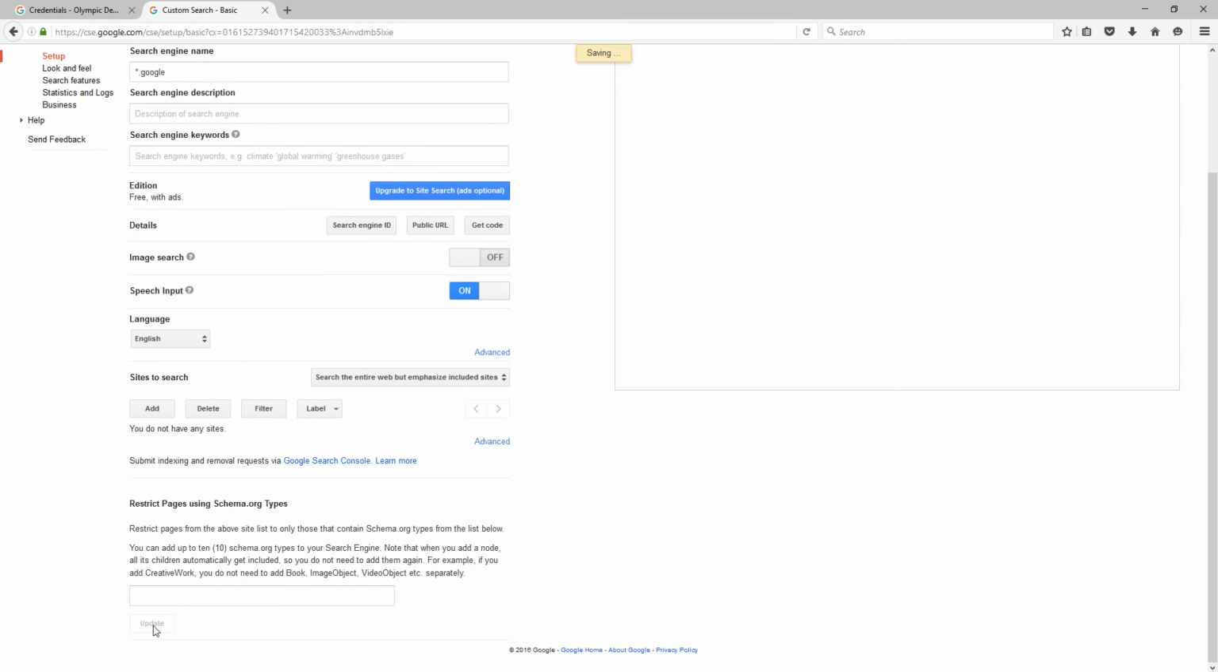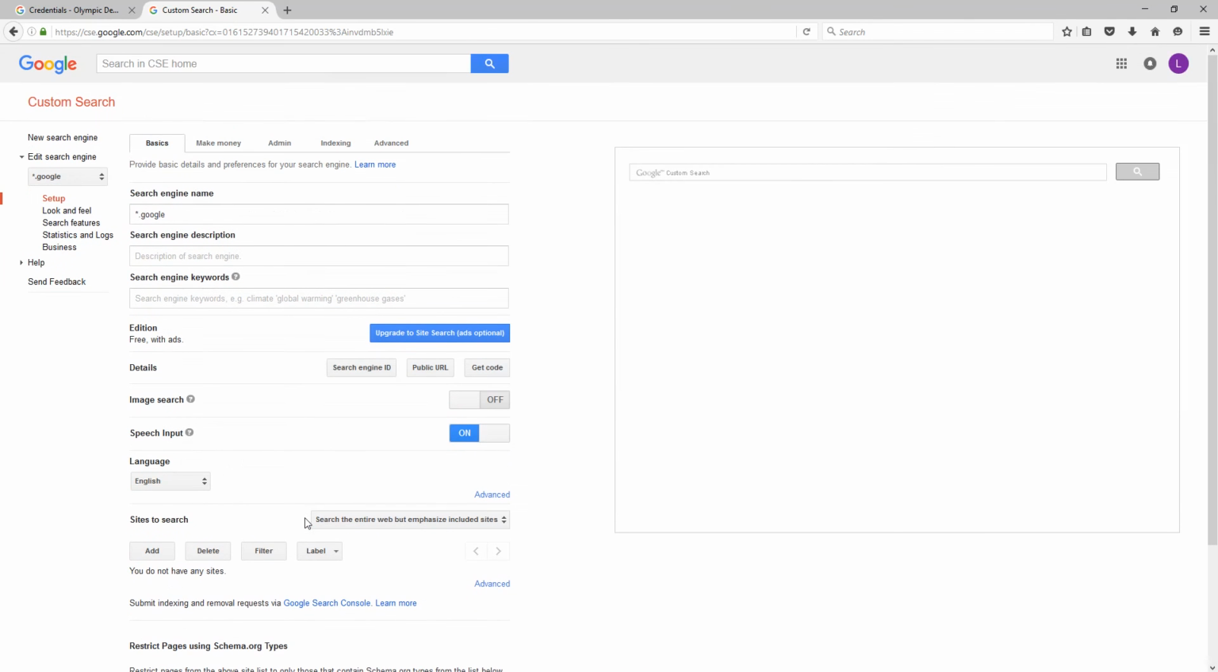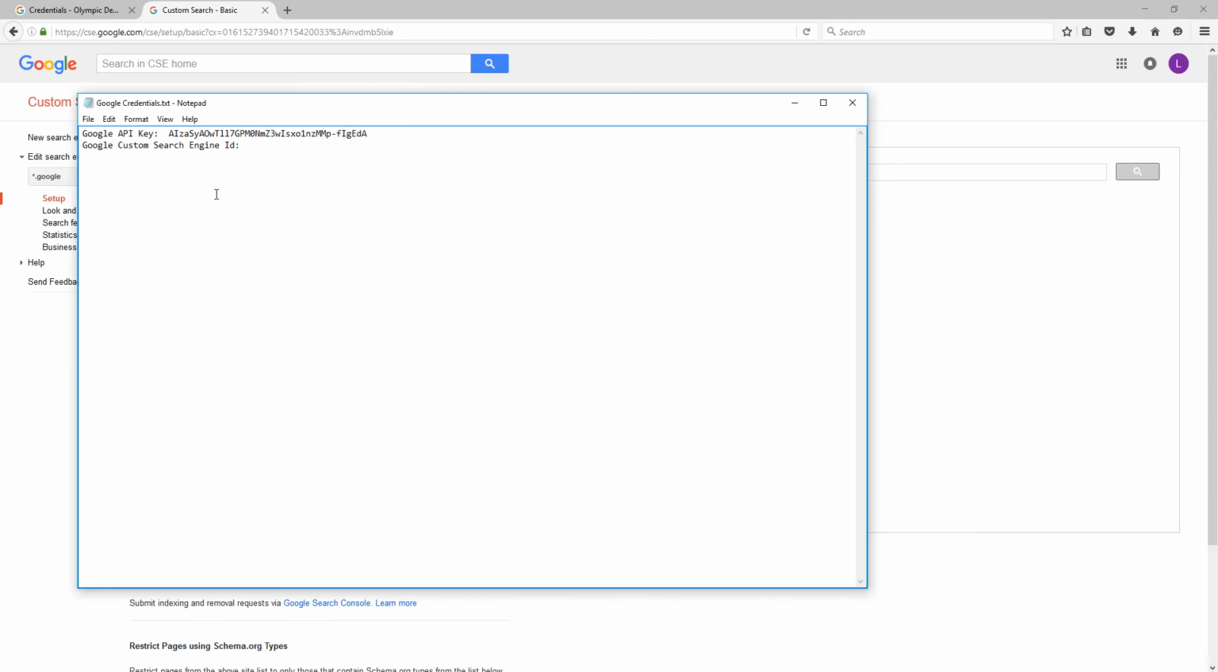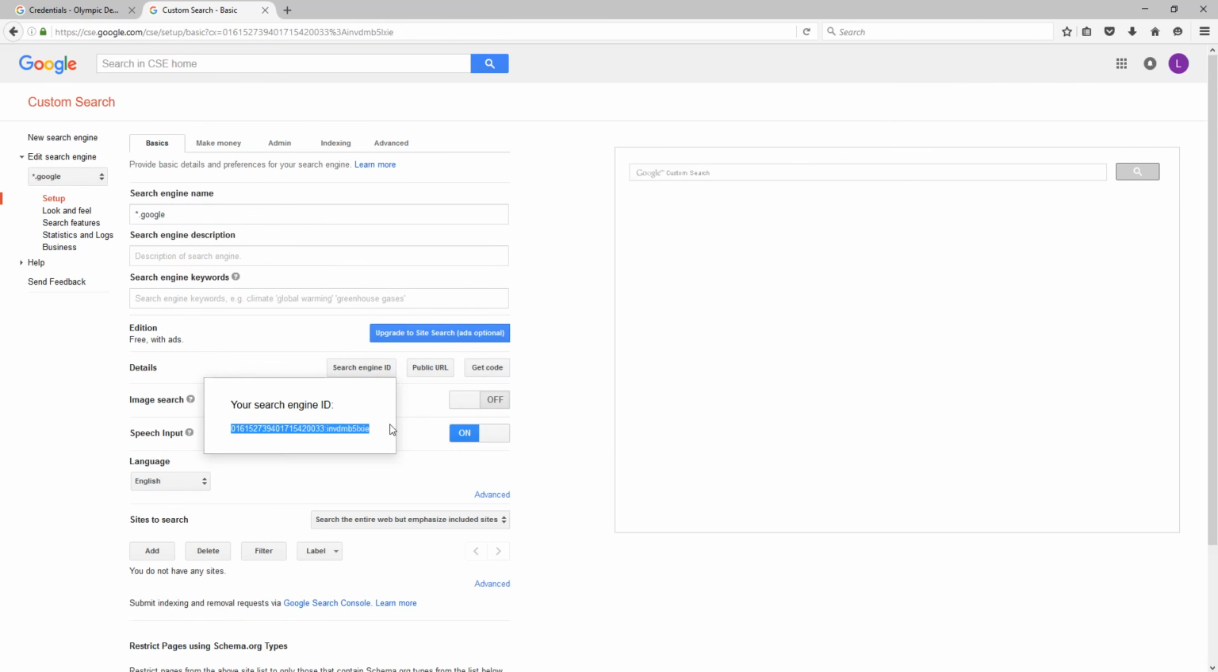We're just going to click the update button so that that's now changed, and then the only thing that we need to do is find our search engine ID, which is here. If we click the button, there's our ID. Grab all of that, and once again copy that into your document wherever you're going to keep that, and now you've got both credentials that you're going to need to use with the Google Search Plus MindManager add-in,